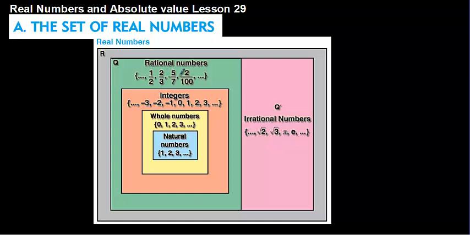The rational number part you know, which is written in terms of a over b. A over b form is a rational number, and the irrational numbers, here it is Q and Q not, are the forms which are not in a over b form. So it means that root 2, root 3, pi or e cannot be written in a over b form, cannot be written as a rational number. That's why these numbers are called irrational numbers. This is another topic of math, and we are going to study it later. But now we are going to continue with